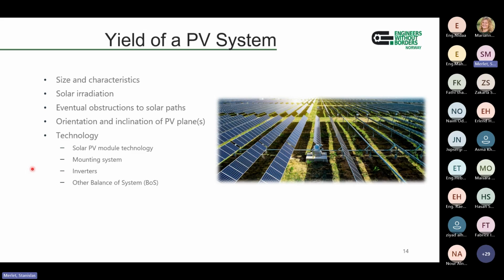Ballasted systems for flat roofs, if available and correctly dimensioned, are also quite cost efficient. So, if I just go back quickly, this system,